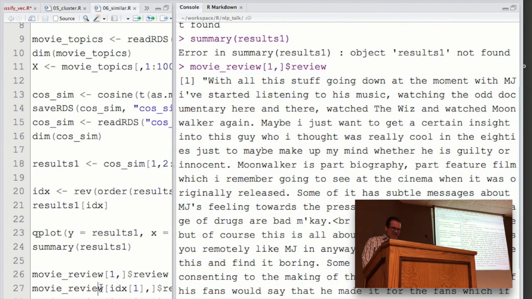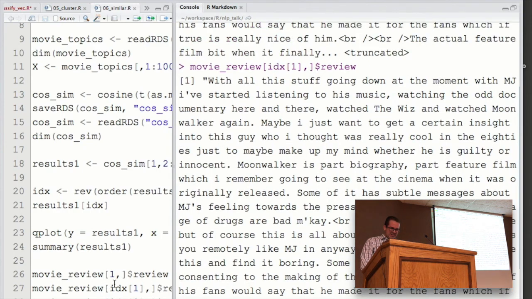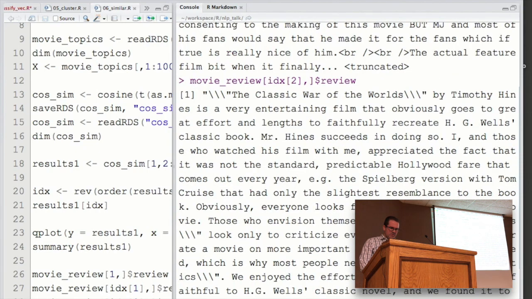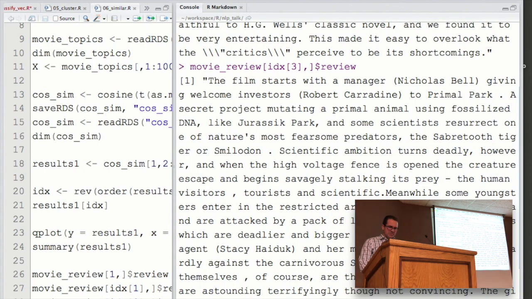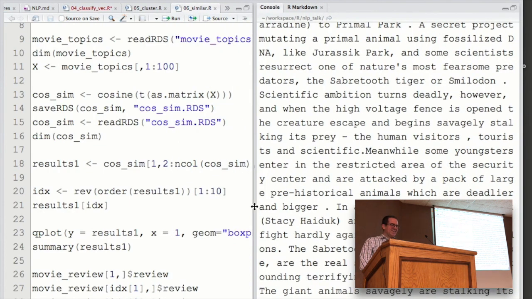And so if I take this index as the top results, and the next one here, okay, I should have indexed that out. It was giving the exact same one. War of the Worlds. I don't know where it makes an association there. Kind of a Jurassic Park one. This isn't great. Again, set seeds. Know what you're doing. But yeah.